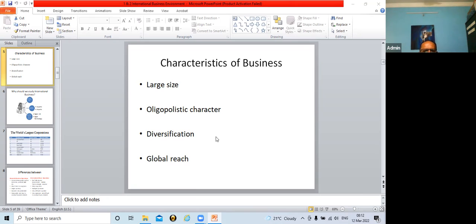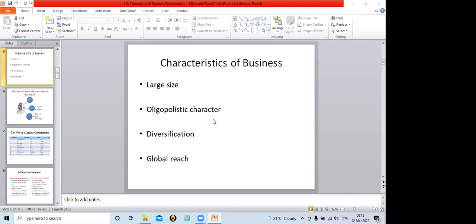So there are hardly 20-25 companies who are into the DTH business. So this business is having oligopolistic character. Hardly 20-25 companies are there, like say Tata Play, then Reliance, Dish TV, and so on. So you can count those companies and you can make a list. So there are sizable companies who are into the DTH business. So DTH is the example of oligopolistic character. Understood? What is oligopoly? Any doubt?